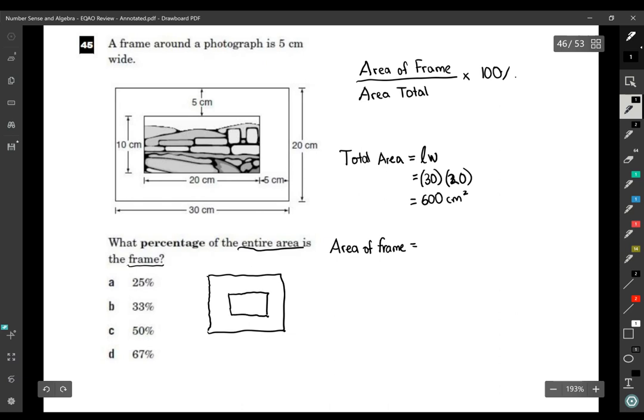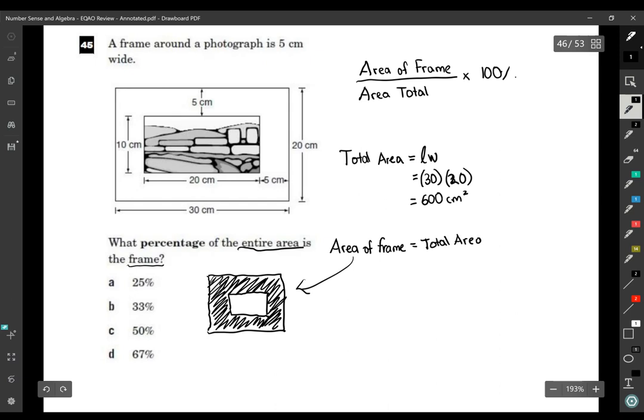So when we take the entire area and then subtract the middle part, all that's left over is the frame, right? So that's what I'm trying to figure out. I'm trying to find the area of the frame. So if I say area of the frame is total